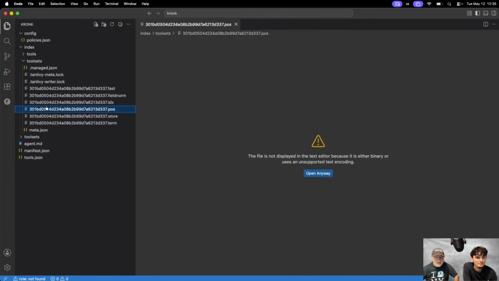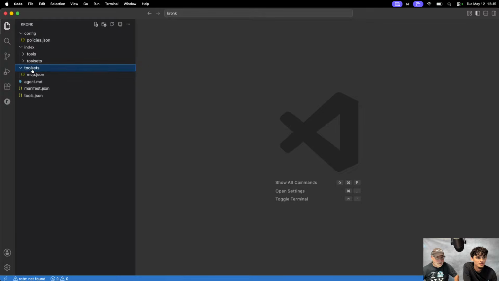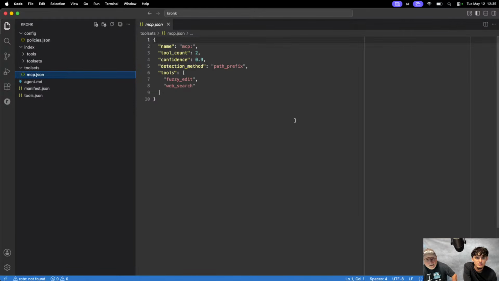Again, whatever this crazy stuff is. Tool sets, MCP. So here it knows that there were two tools. Yep. Okay. Confidence 0.9. That's interesting.